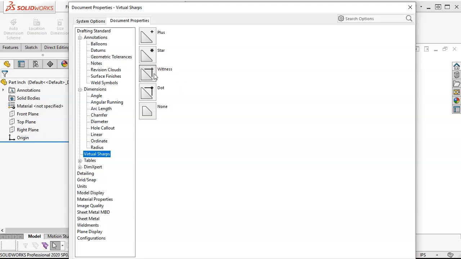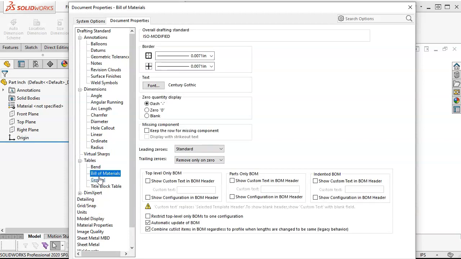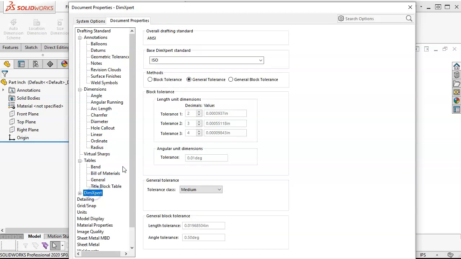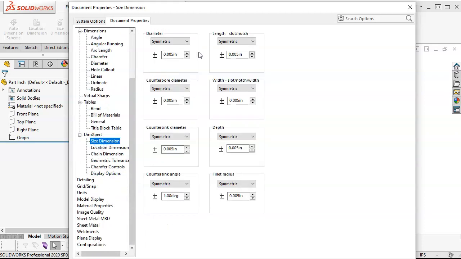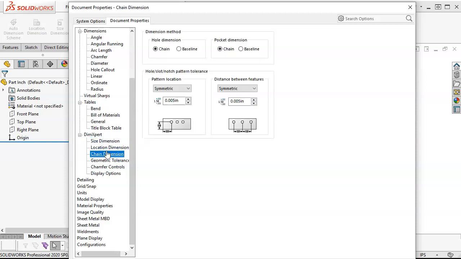I kind of like the witness marks. You can do different virtual sharps. That's basically where, if you have a fillet or a chamfer, you can take the dimension or a line out to that location. Tables for bend, bill of materials, how they're going to look, and locations, dimension items. And so size dimension plus or minus 5, I've changed these from 20, and sometimes we'll even just go to general, location plus or minus 5, angle plus or minus half a degree, chain dimensioning,